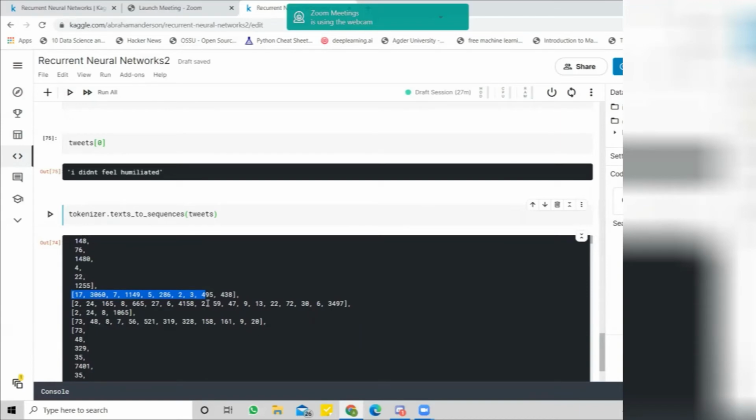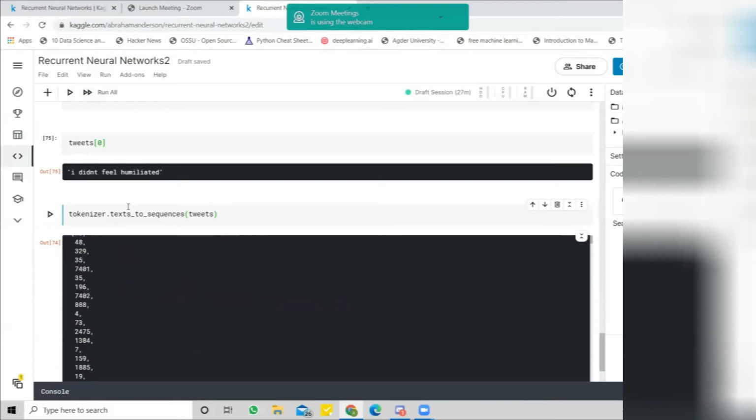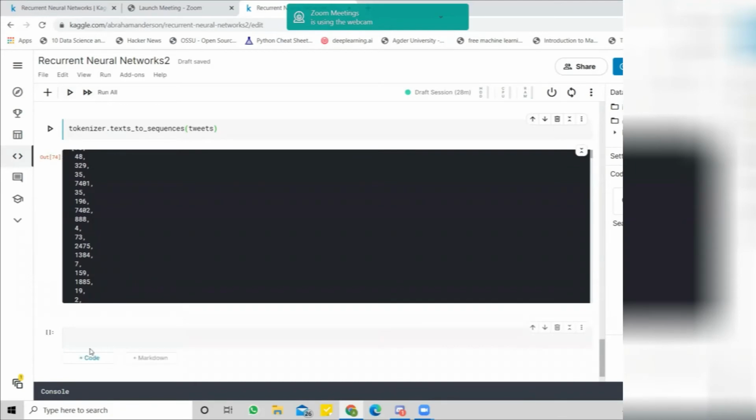Now it seems it's working. Now we have to create a variable name because we will use this transformed version of the tweets, right? Let's create a new variable, new tweets, for example.